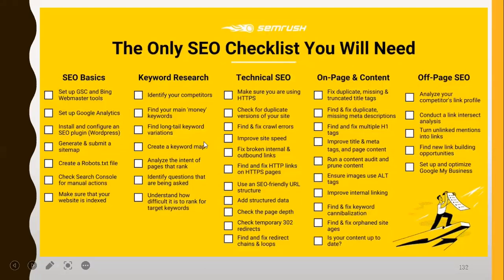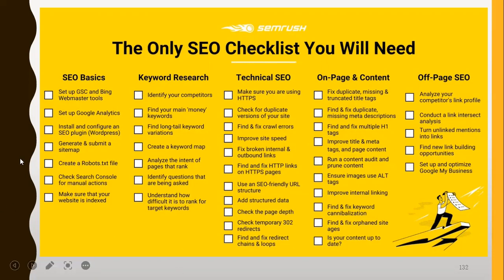Then if you want to go by a checklist, this is from SEMrush. There are quite a number of them. So I'll just pick some important ones and talk about it. Right? So you want to set up Google Webmaster Tools. Bing also has one. You want to set up Google Analytics. In subsequent videos, I'm going to be doing case studies hands-on on each of these items as I deem it very important.